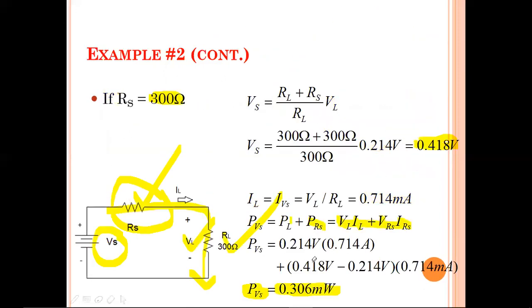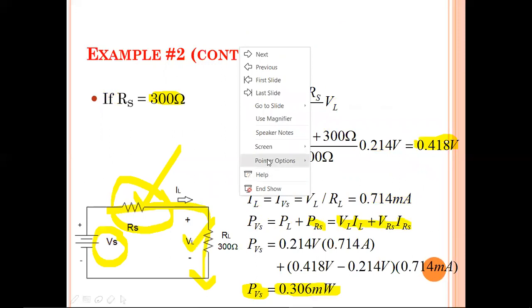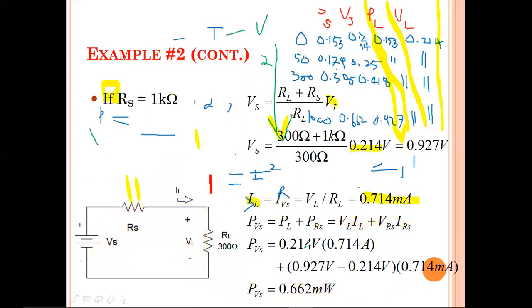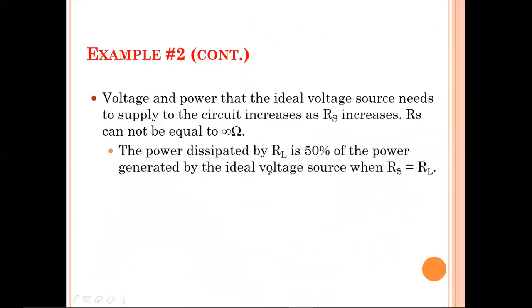The same power means the input power over here. If you observe this, this is the common point, because the total load is going to be delivered. If the input supply is 0.306, then half of the power is going to be dissipated by the load and half of the power is dissipated by the internal resistance. That is what I included in this point. Please note this point. These 2 points are very important from your examination point of view. And let me move to the next slide.